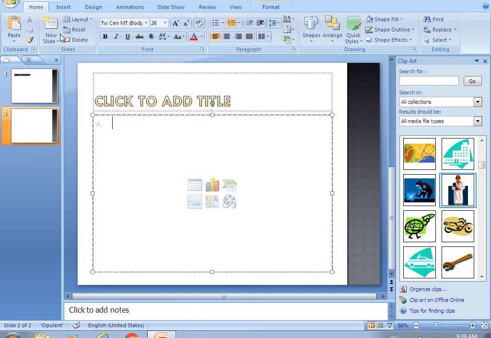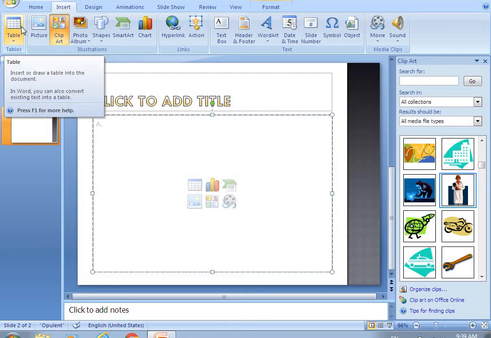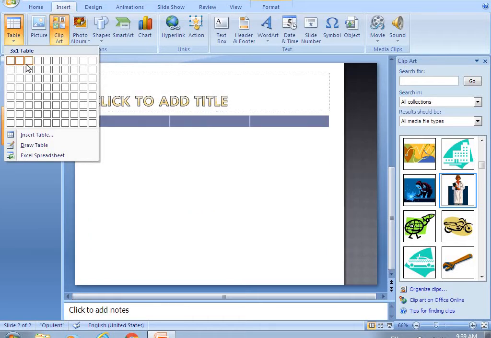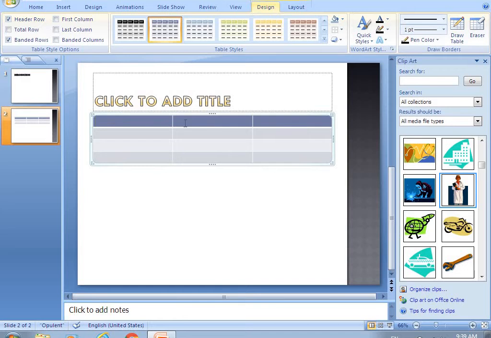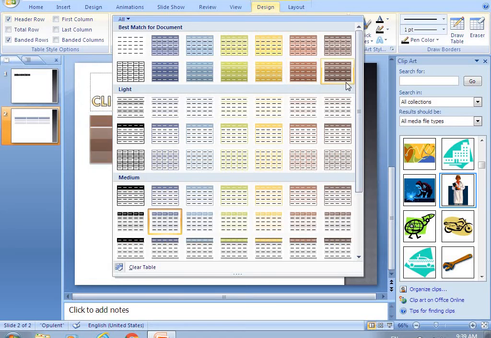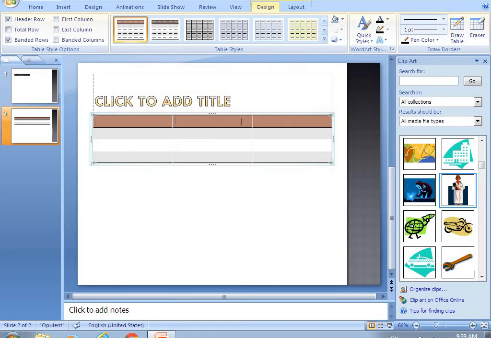Okay, so next is inserting a table. How will you insert a table? Again I will go to the insert tab, and in the insert tab, at the first I have tables. So I will click on insert table. You will choose the number of columns and rows. Suppose I am taking a 3 by 4 table, so I have 3 columns and 4 rows in my presentation. Now you can choose the style, different types of styles are given. Here you have multiple types of styles of a table. You can choose any one of the tables from here, and the style of the table will change accordingly.